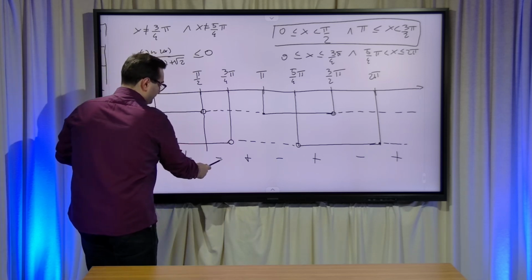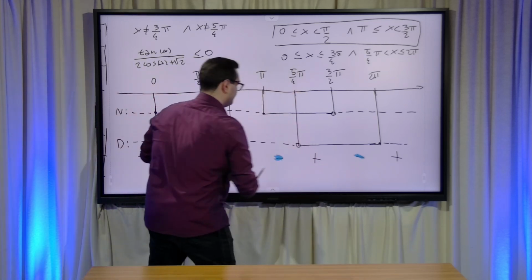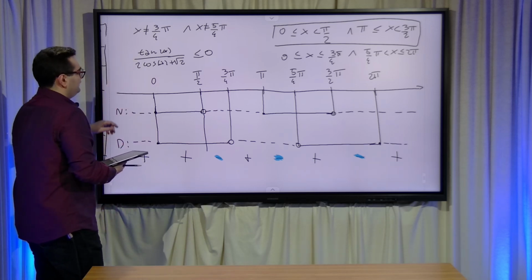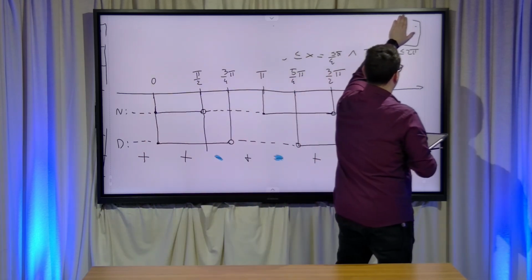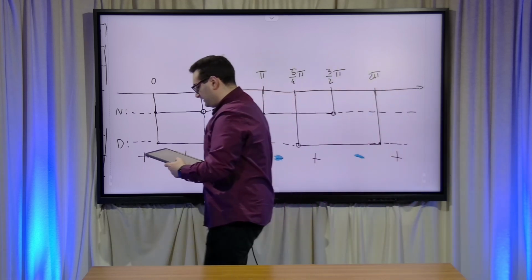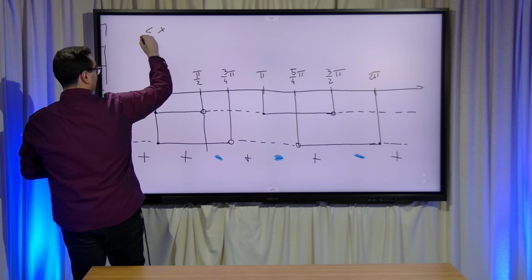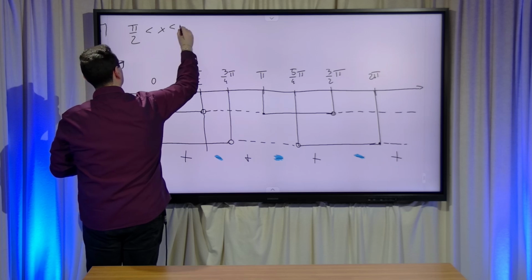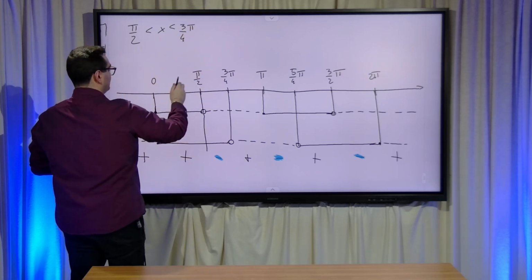So I want this, and this one. So putting all together, the final result is x, and this is this one, less